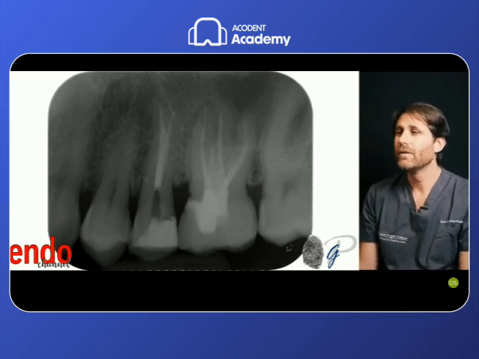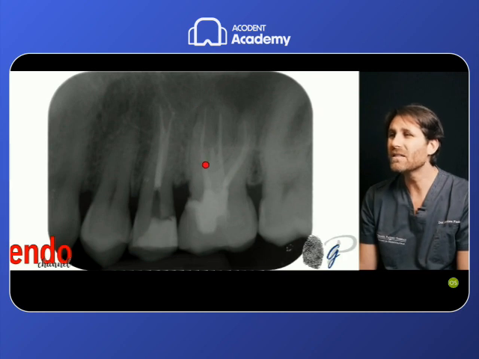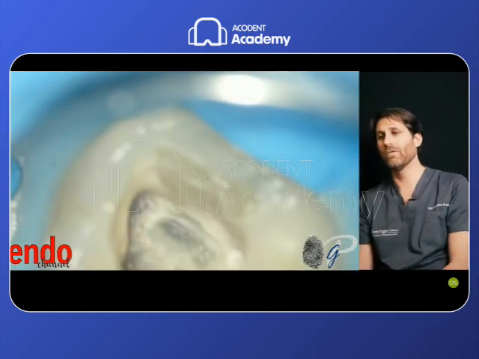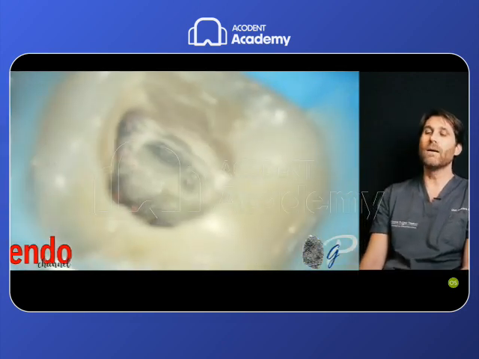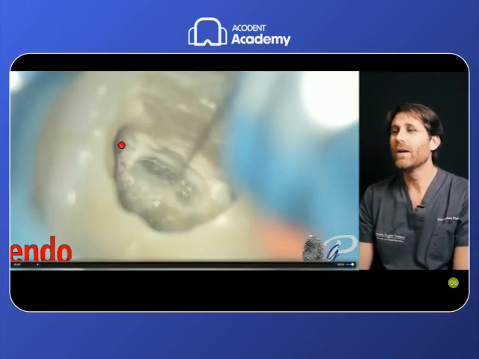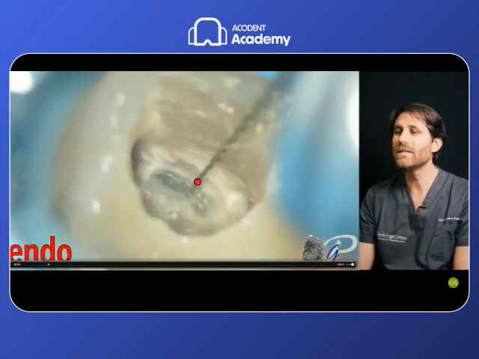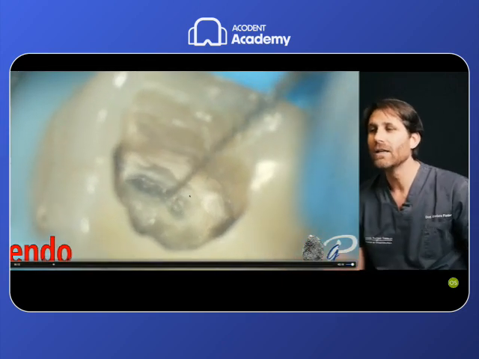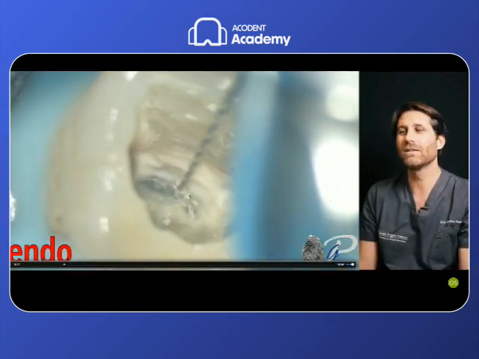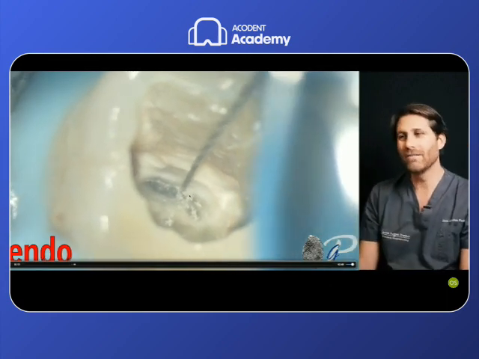Another case, this upper molar retreatment, 1, 2, 3, 4, 5, it seems there is strange anatomy. Let's have a look at the internal anatomy of this tooth after we reopened the access cavity. We went with the ultrasonic troughing through the isthmus. As soon as we found an orifice, this was a non-treated MB2 root canal in a retreatment. That means that probably for me it's the easier root canal because the other colleagues have not touched this root canal. So it's a primary treatment for this root canal.